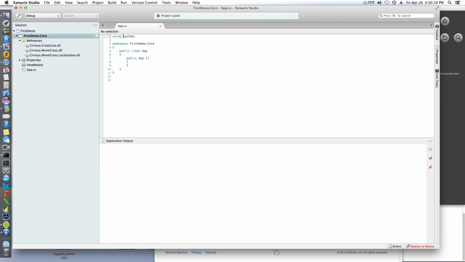So here we have our App. We're not using System, we're using Cirrious.CrossCore.IoC. This is our FirstDemo.Core App. It instantiates MvxApplication from Cirrious.MvvmCross.ViewModels, and then we need to override void Initialize and simply create creatable types ending with